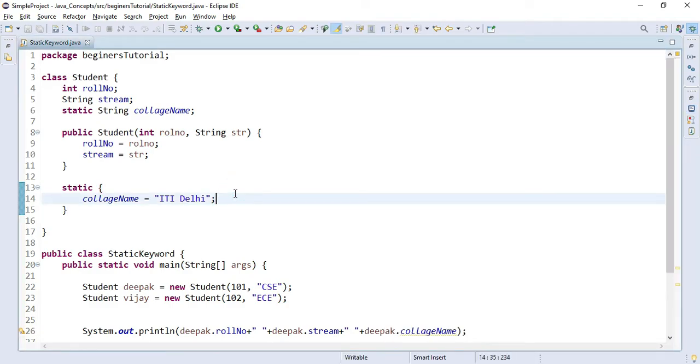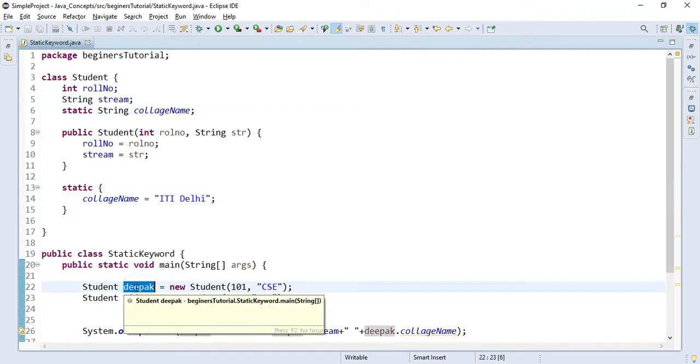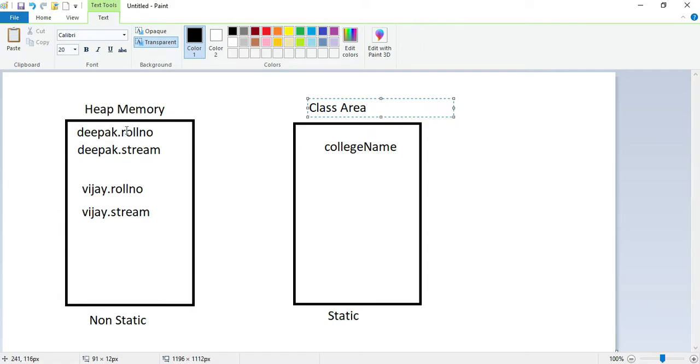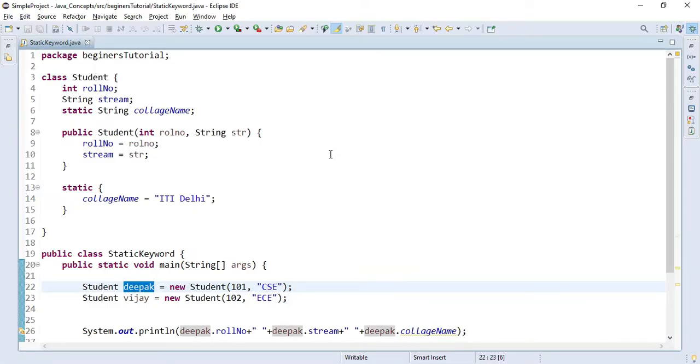So this is a more optimized way to use your memory, because if you do not make this variable static in nature, then whenever you create an object for the Student class, it will create a separate memory for the college name every time, same as roll number and stream. But once you make it static, the memory is allocated in the class area for the static variable, and that too only once, as it is static in nature.